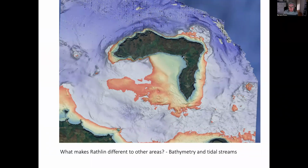So what makes Rathlin so special and different to the other areas we have in Northern Ireland? There are really, I think, two important factors at play. The tidal streams, when they're running into the Irish Sea, come along this way and split, going around both sides of the island. And then when it's coming back out of the Irish Sea, it hits the east side of the island and splits. And you can see how it gets funneled between the mainland